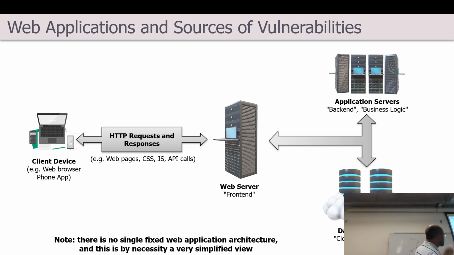You can think of it as the one that's actually doing the math, that's doing the interesting algorithms that are recommending things to you or applying your preferences in a specific way. That's referred to, depending on the context, as our back end, our application servers, our business logic. And then there's usually some sort of separate storage associated with that as well. That's your cloud storage, that's your data warehouse. The actual naming and the structure really does depend on the specific application. This was my attempt to make it as general as possible.